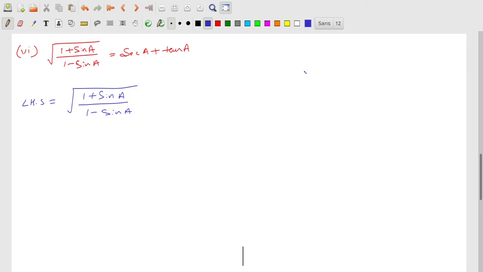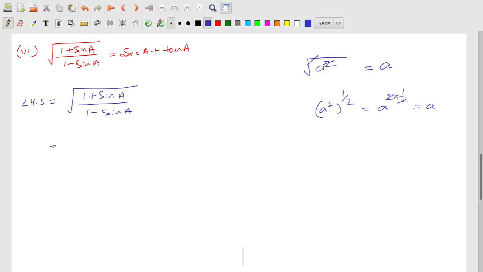We know this, right? If we have root of A, then this can be written as root of A square. If we have root of A square, then we can cancel out these two, because what is root? Root is 1 by 2, right? And then we know that A raised to 2 raised to 1 by 2 can be written as A raised to 2 into 1 by 2, and these two will cancel out, then you will get A. So similarly we need to get a square term here, right? So now how to get a square term?